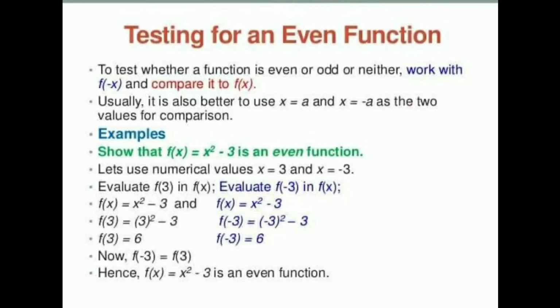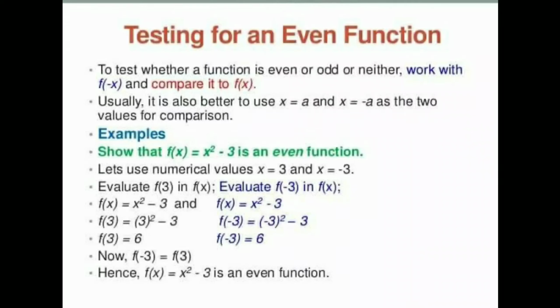Okay, first we factorize this f(x), we get the two values x is equal to 3 and x is equal to -3. So put here f at the point 3. If we check f(3) in f(x), we get the value is 6. Okay, and in the same way, where x equal to 3, put x equal to -3. So both values are equal.